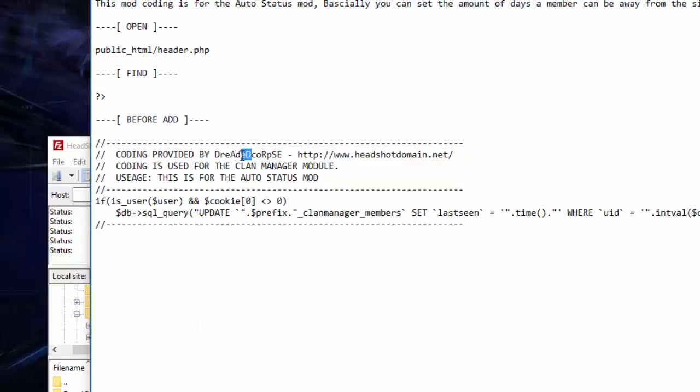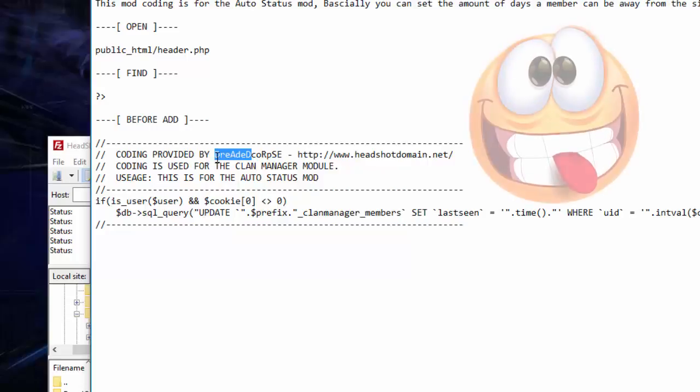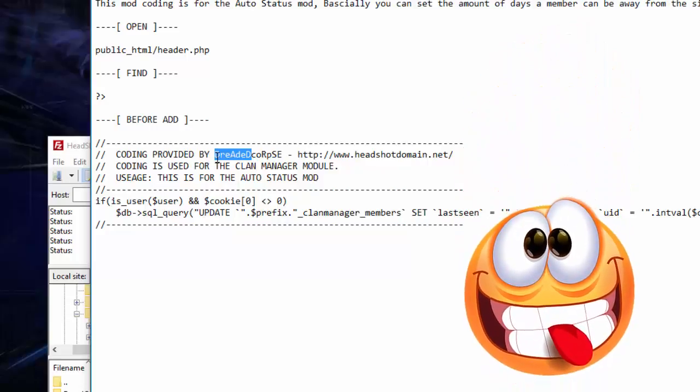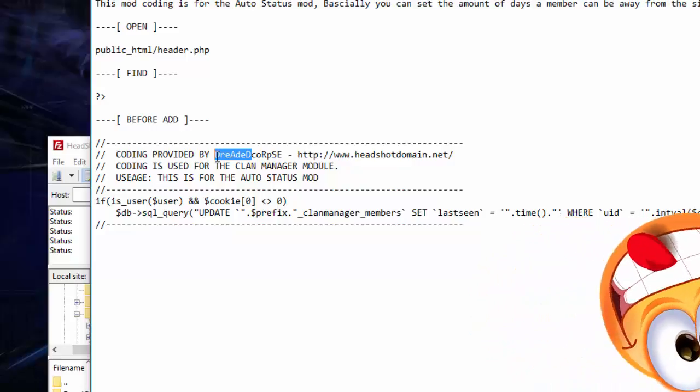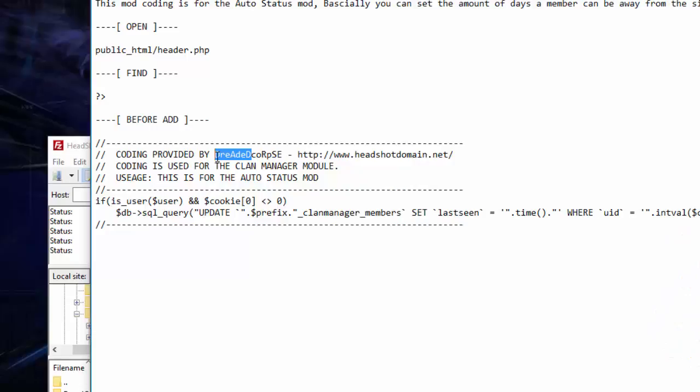And I really hope, Lone Star, if you're watching this, you do not have to call me Dreaded Corpse. I go by Corpse now. The only reason why I went by Dreaded Corpse on clan themes was I actually had an account over there called Corpse, and I forgot the password, and the password recovery wasn't working, so I created a new account called Dreaded Corpse. And I stuck with that for years, and by the time they finally made me an admin over there, and I was able to correct the issue,